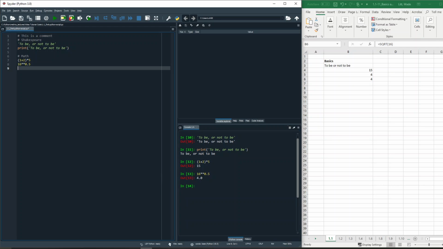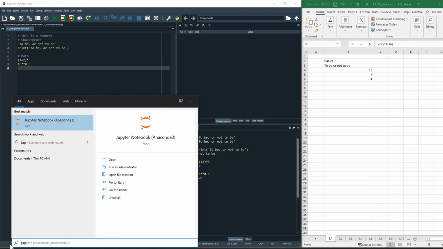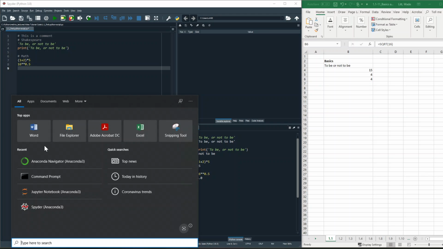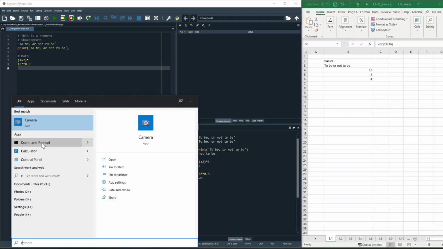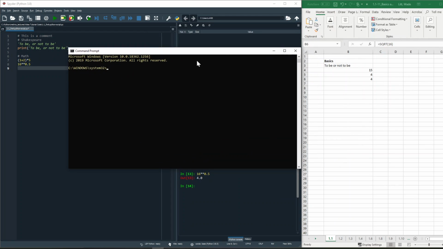That's one, you can still use, you can type in Jupyter Notebook and use it there. That will open it up in any sort of given working directory. So what I like to do is run a command prompt like this, or you can do Windows key R and type in CMD. And so you see we're in the Windows and then System32. We want to get all the way back to the C. So we're going to CD to change directory, and then C:/,